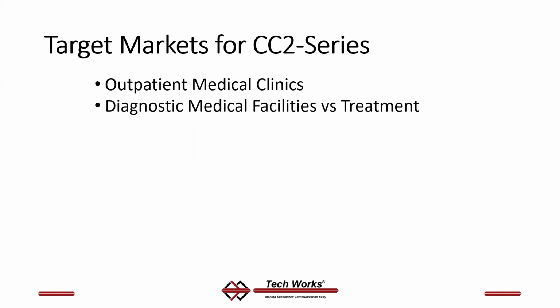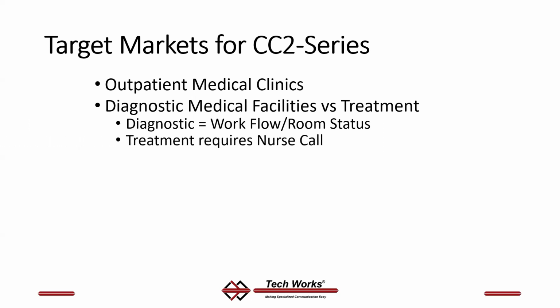Clinic call is a communication solution for diagnostic medicine. It is not intended to be a nurse call for treatment facilities. In diagnostic, they need a workflow tool. That's what room status means. We're telling them what the status of a location is. Treatment requires a nurse call